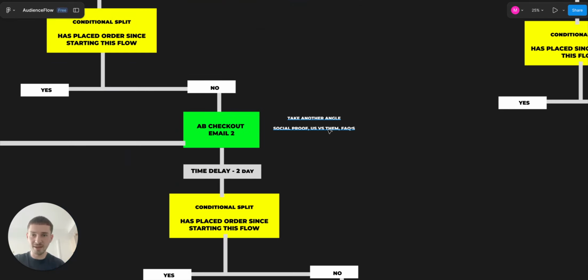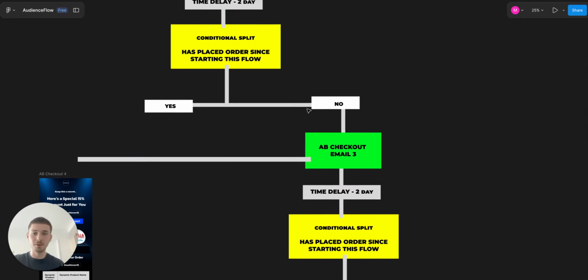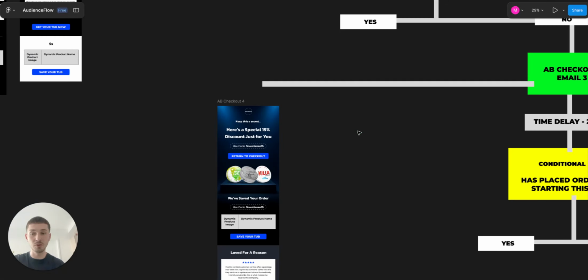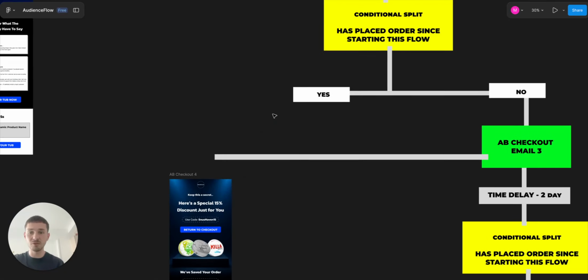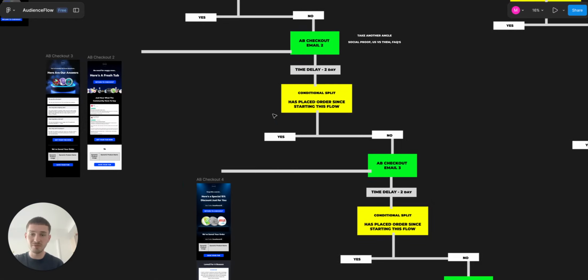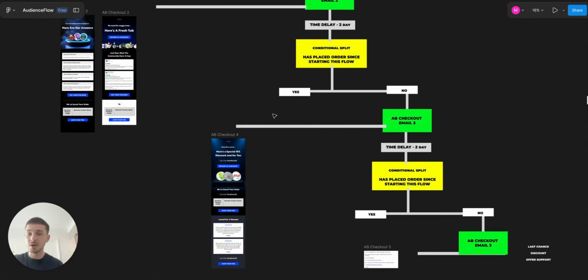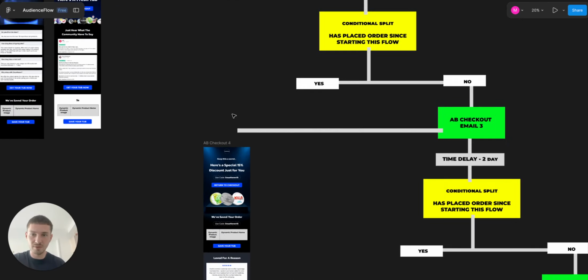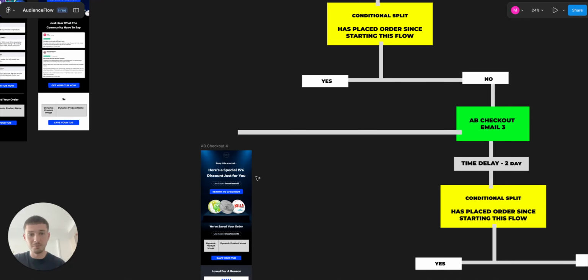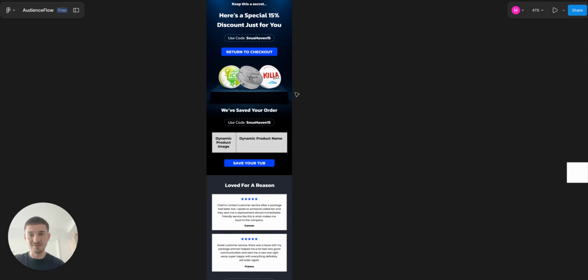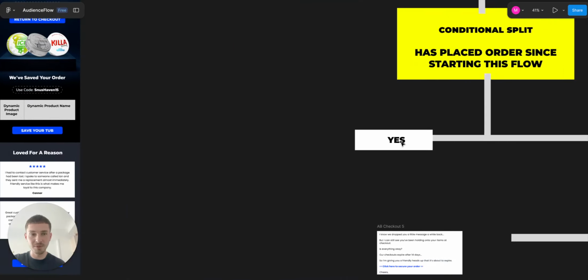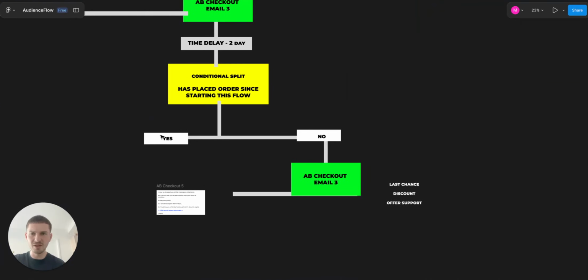So with this third email, you do have options here. You could take other angles here. However, you could also include a welcome discount or some form of discount. If someone has never purchased an order with you before, then it gives you the opportunity to reuse your welcome discount. However, if it's for repeat purchases, etc., then you can make your own discount for checkout. And this is just a real simple one. Here's a gift from us, we saved your order,